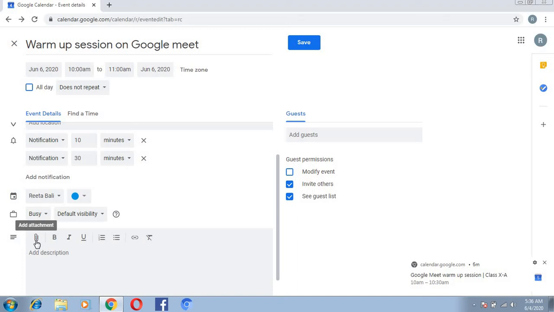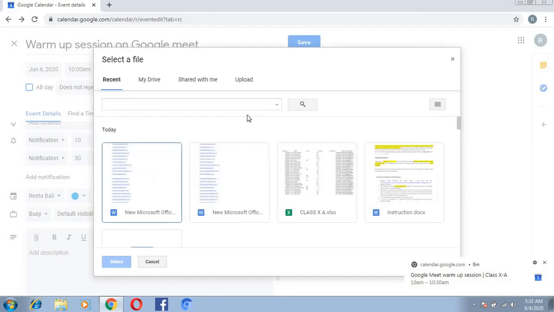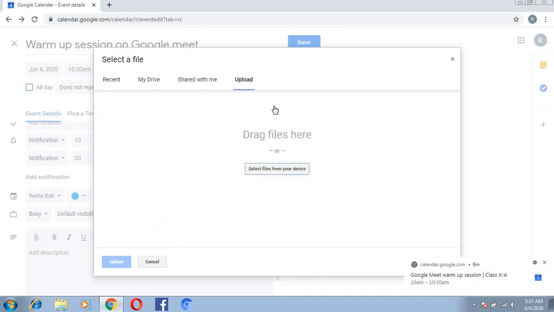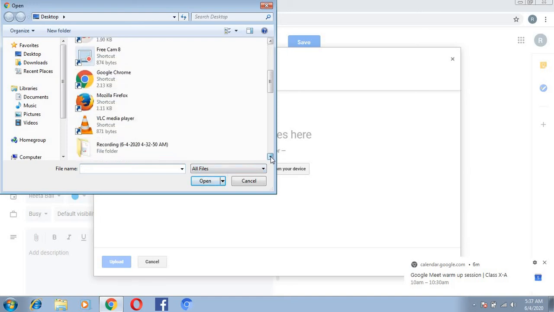For example, if I click on this, a dialog box opens where it is written select a file. Click on the upload button. Then these two options are there, drag files here or select files here. You click on this select button, then you can select the files from your system like this.